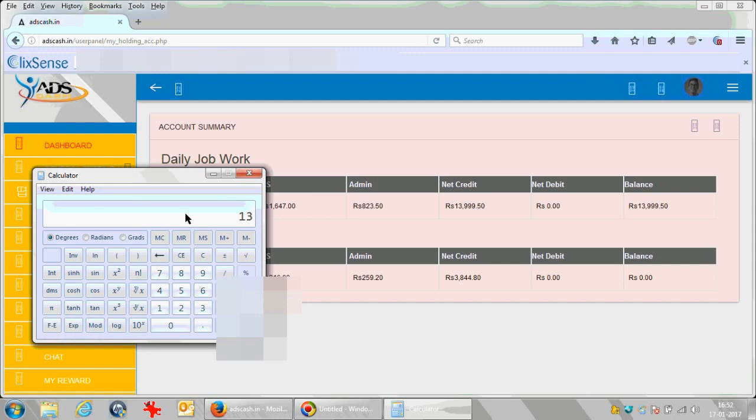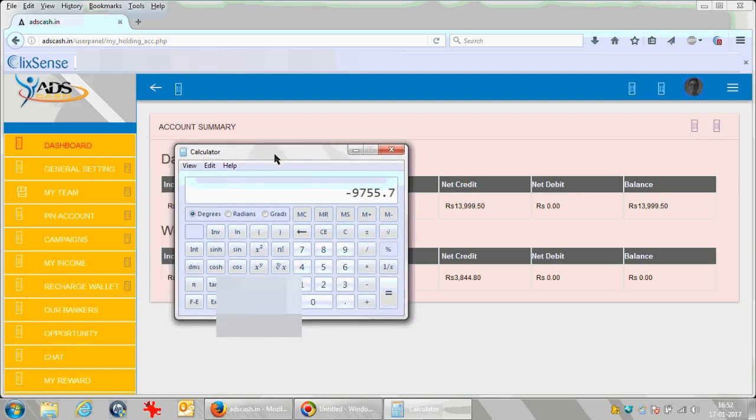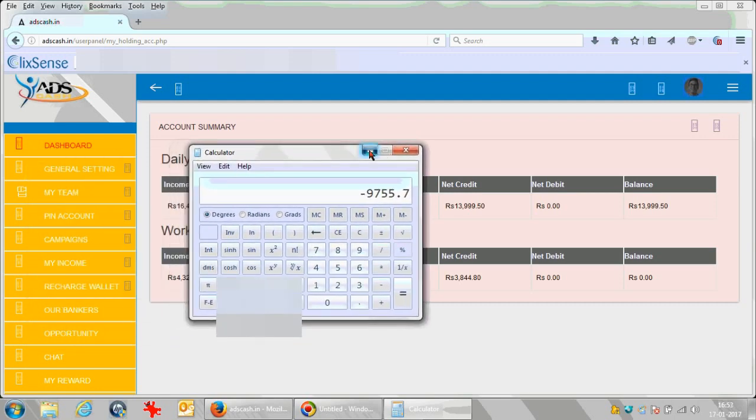So 13,999.50 plus 3,844.80, 17,844.30 is what I have earned till now through this. What I have invested is 27,600. So I need to get back 9,755. Once I get back this money, what I have invested would be paid back, and whatever I earn after that would be profit for me.